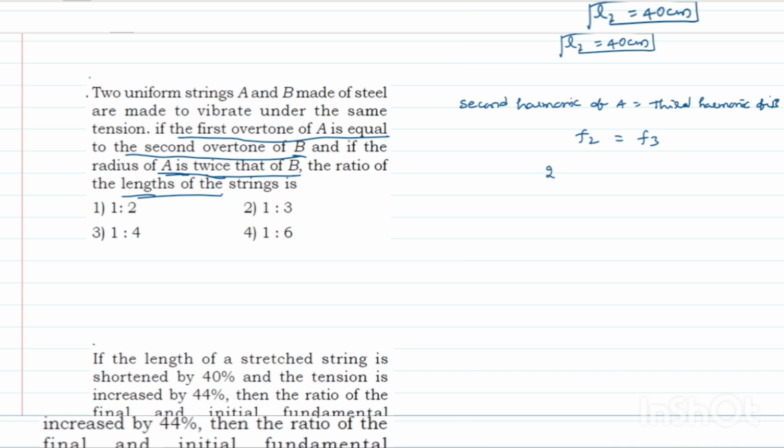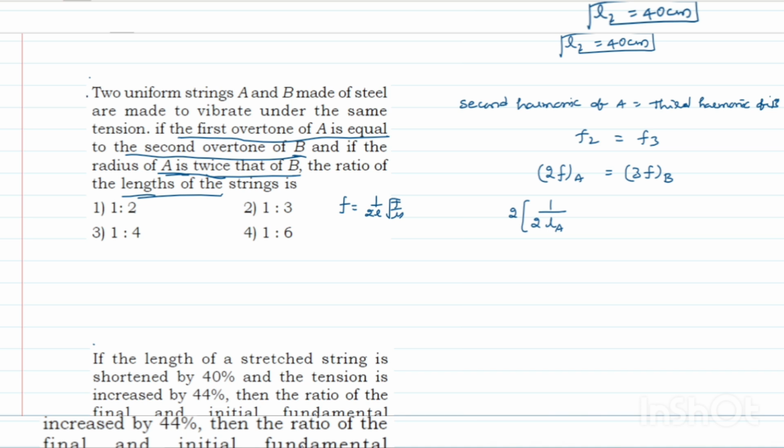So here it's nothing but twice of its fundamental frequency of A, which will be equal to 3 times the fundamental frequency of B. You know the basic formula for fundamental frequency is F equals 1 by 2L into root over T by mu. Here we can write 2 into 1 by 2 into, and here they are talking about length ratios, so we take 2 into length of the A into,